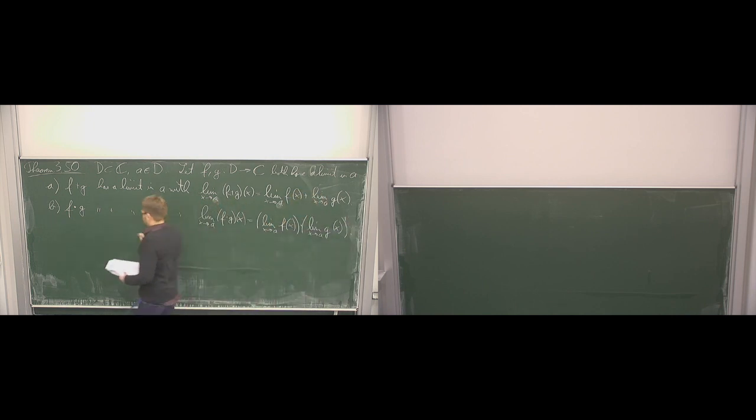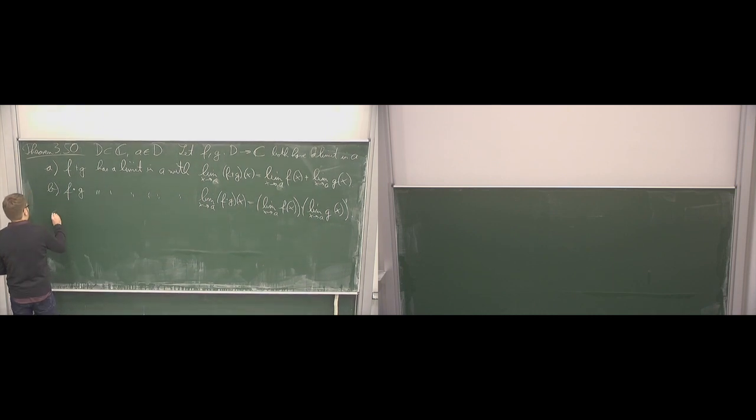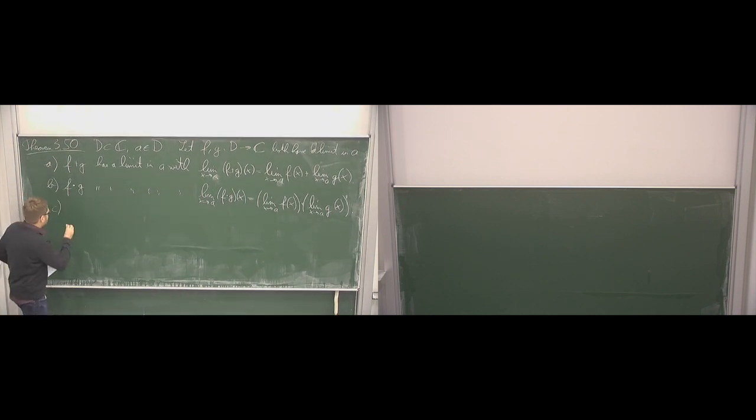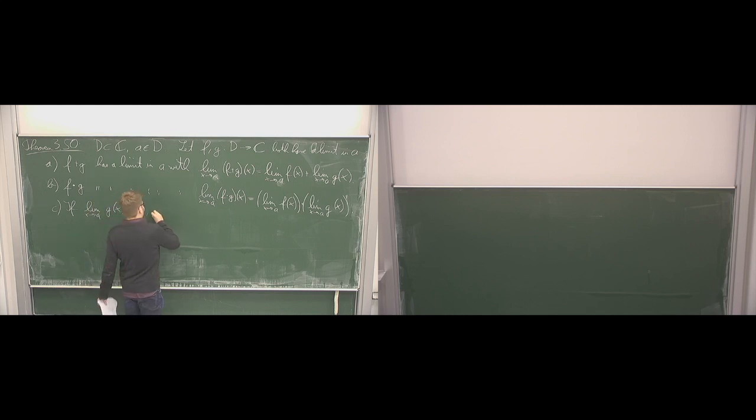Okay, third case, quotients. Here I'm a bit sloppy because I will not explain this in detail. In general, first of all, if you take a quotient of f divided by g, the first thing we need is that the limit of g is non-zero, otherwise we don't need to talk about this. If the limit of x going to a of g of x is non-zero, then you can show